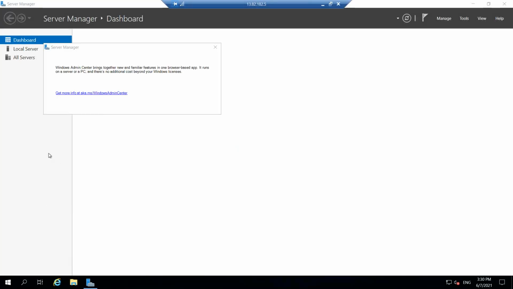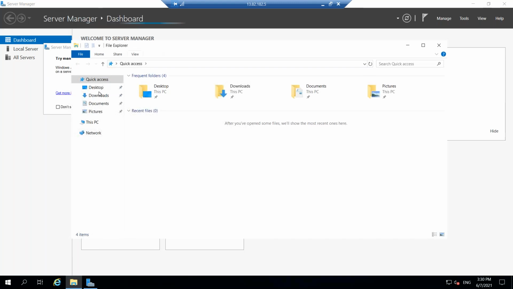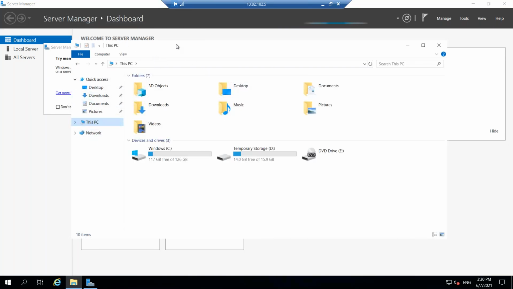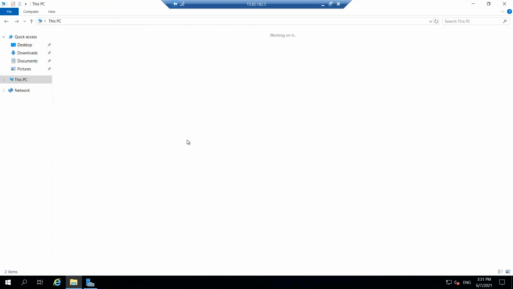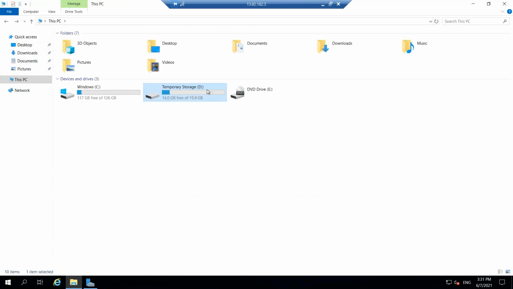One thing, if you notice here, let me go to this PC. Whenever you create an instance, by default you are provided with the disk size I have selected, 126 GB. Along with that, some temporary storage is allocated to you. So you should not store any important files in this directory, because whenever the VM reboots, the data won't be present.